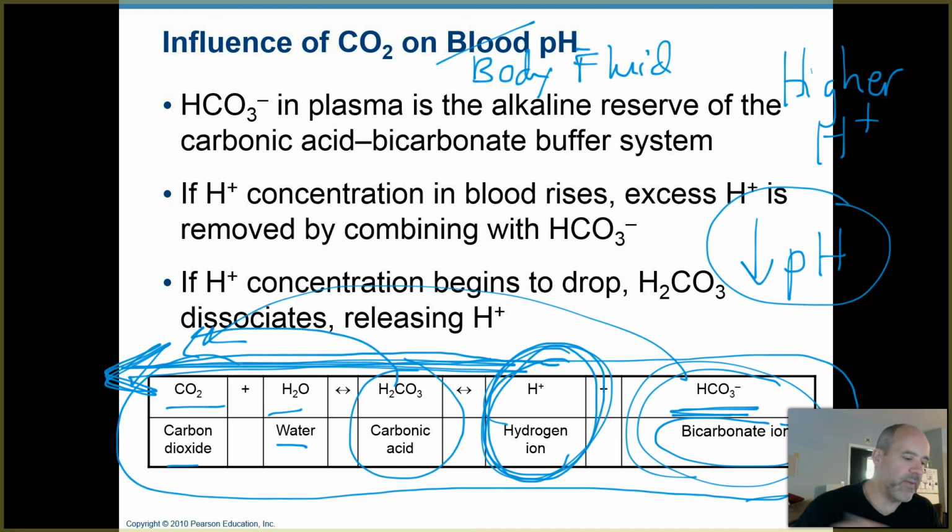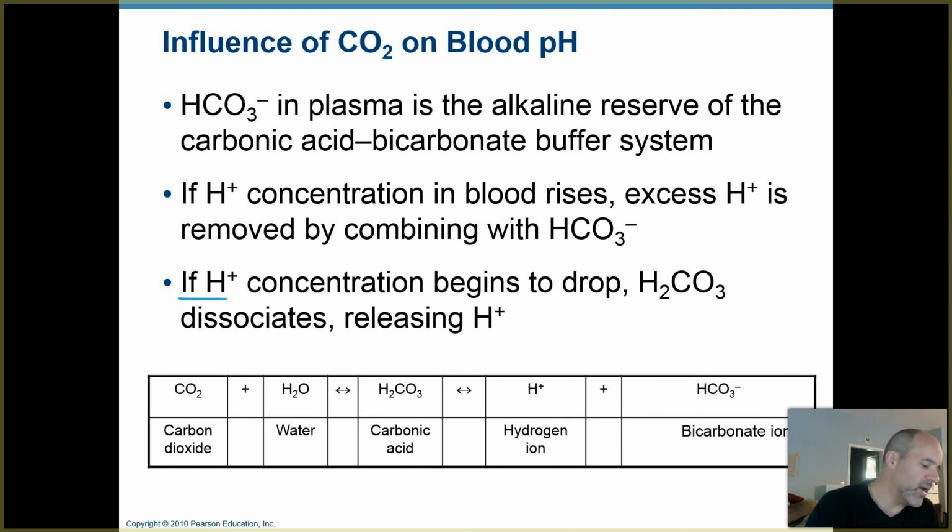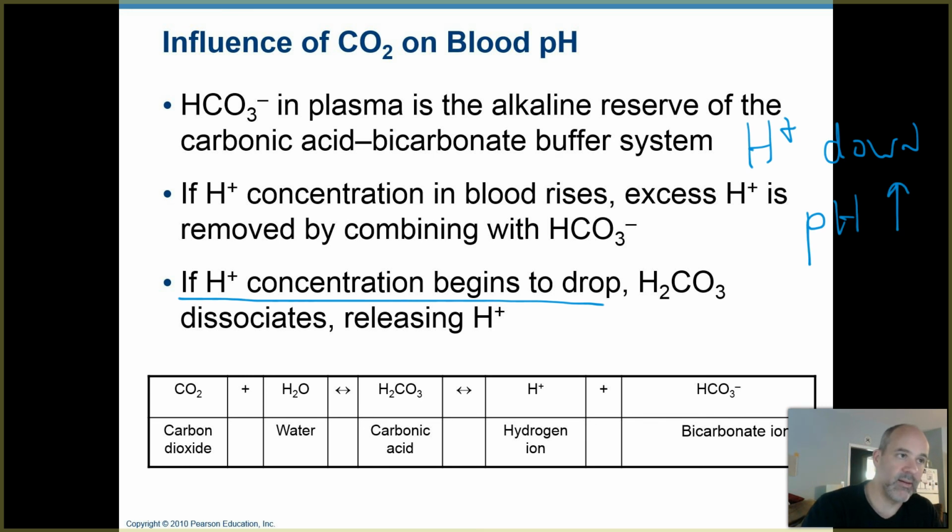Now let's think about the opposite. Suppose your hydrogen ion concentration begins to drop. So hydrogen ion concentration is down. What does that mean about our pH? pH is actually higher if hydrogen ion concentrations are lower. So if this is low,